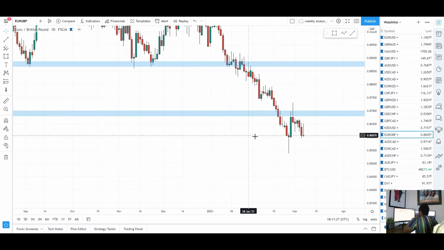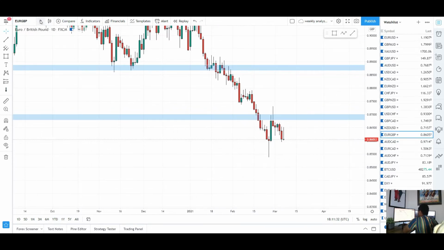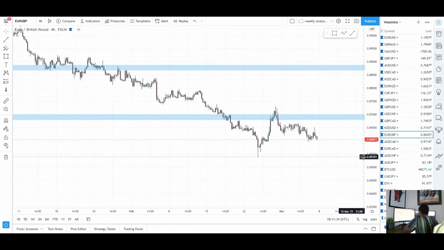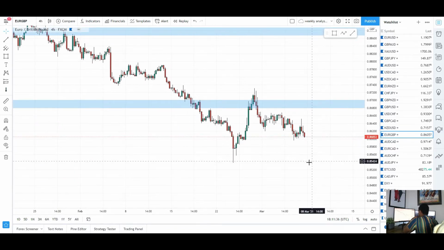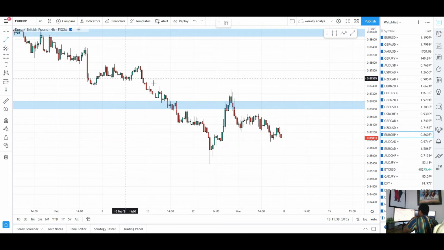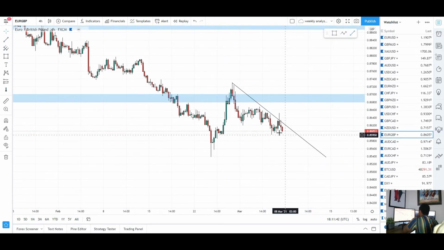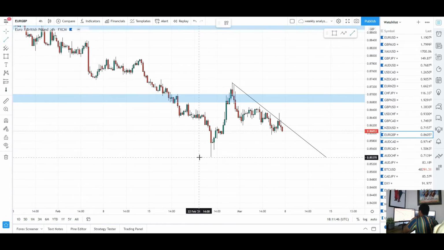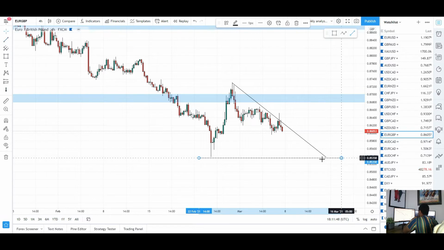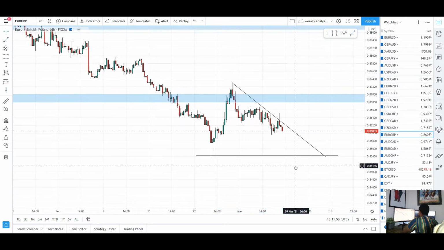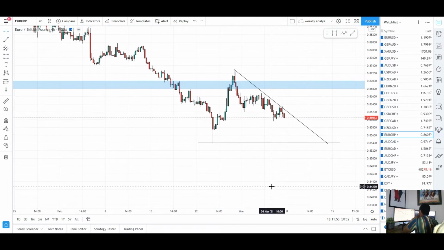So for next week for Euro GBP, with the price action we have here on the daily and then the 4 hourly as well, I'm actually going to be expecting further continuation to the downside next week for Euro GBP. We do have this trend line here, so I think as long as we stay below this trend line, probably expect price to come all the way back to lows, which is around here, around 0.5400, and potentially see price even take out that low and tap into 0.85